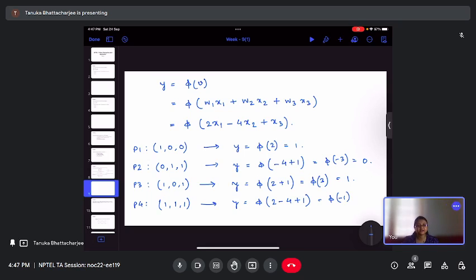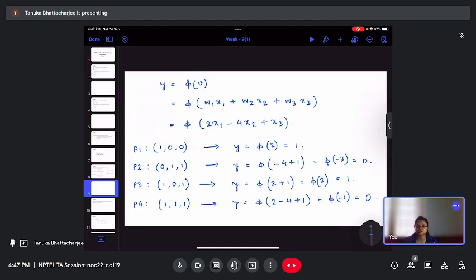Since minus 1 is a negative value, the output will be 0. So for the pattern P4, which is 1 1 1, the output of your neuron is 0. So for the 4 patterns P1, P2, P3, P4, the outputs are 1, 0, 1 and 0. Okay, so this is how you compute the output of a single neuron when you know the weights as well